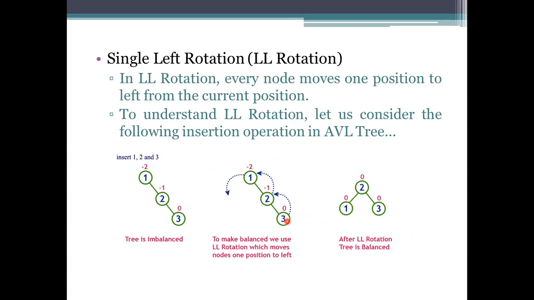And coming to the example here, what are the single rotations we are having, and how we are going to perform them. So this is an LL rotation. It has to be moved to its left side, not to the right side. Left side has to be done. So how are we going to do the insertion operation? If we are taking the binary tree, this is also a binary tree. This is a skewed binary tree, which means only one side will be filled, and we are specifying it as a right skewed tree.